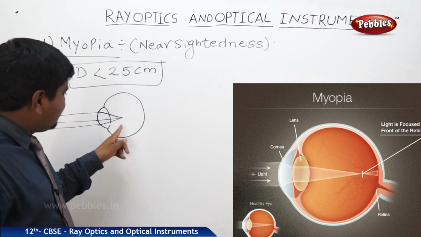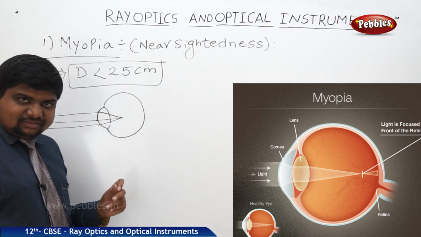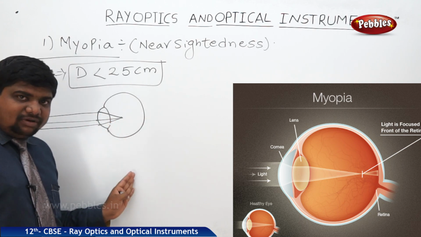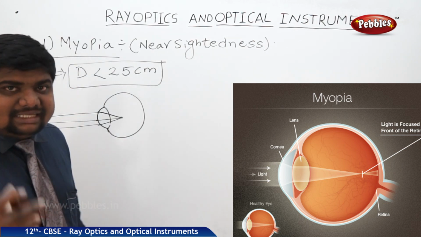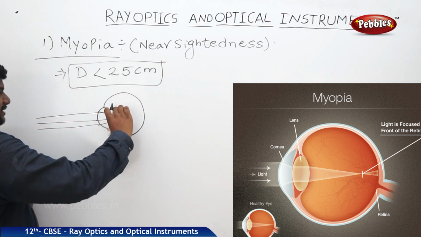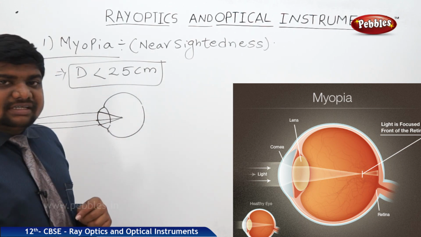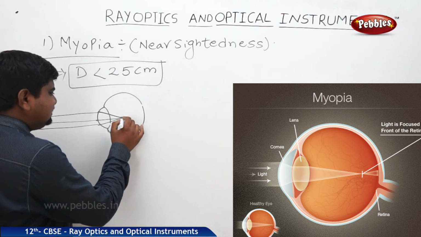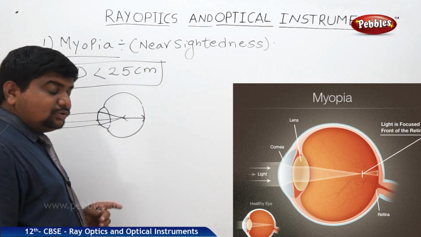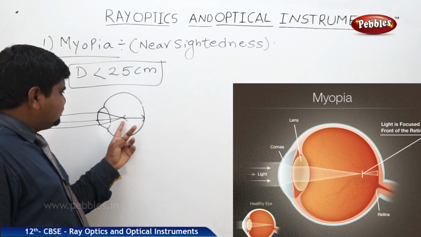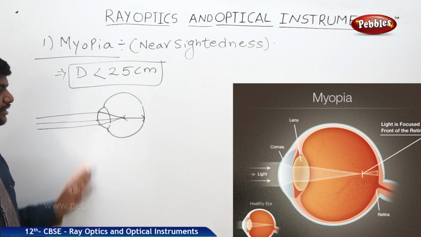So what should we do? These are advanced converging. What is the remedy, or how to remove this effect if a patient is suffering with this problem? Then we should use a biconcave lens. Then these light rays will scatter, diverge, and fall exactly on the retina screen. So this distance is very, very important. They will find this distance. Mostly this will be some 2.27 to 2.5 centimeters. With respect to this distance, they will arrange a suitable lens for the required power.